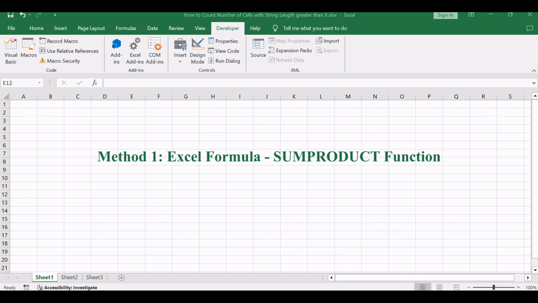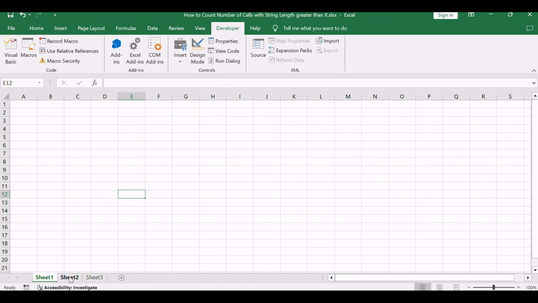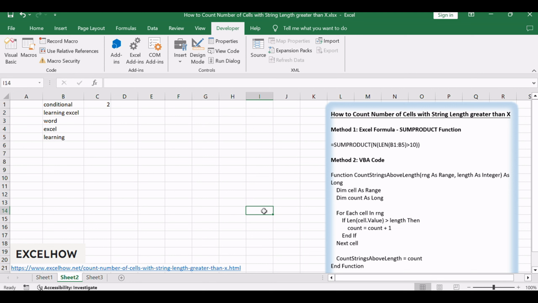Let's kick off with a formula-based approach, leveraging the SUMPRODUCT function. This method offers simplicity in counting cells based on string length criteria. For example, if you have a range of cells in B1:B5 and each cell contains one text string value with a different string length, and you want to count the number of cells where the string length is greater than 10, you can create a new formula based on the SUMPRODUCT function, the N function and the LEN function to check the string length of each cell and also get the total number of cells where the string length is greater than 10. Identify the range of cells B1:B5 where you want to count strings based on their